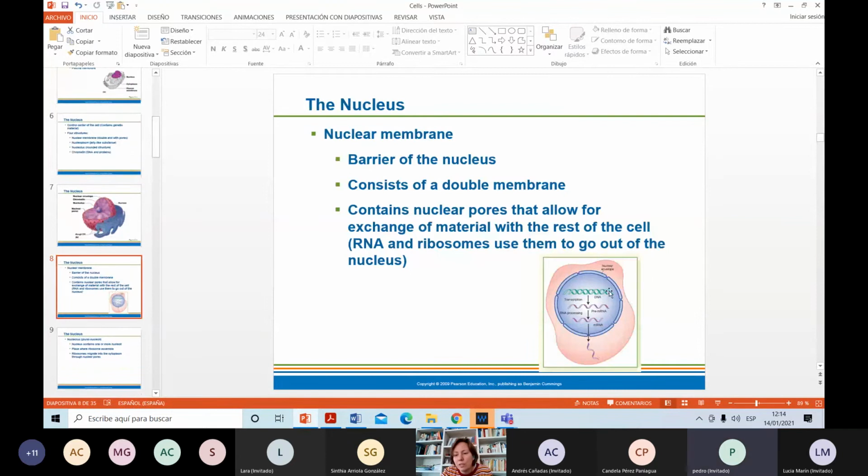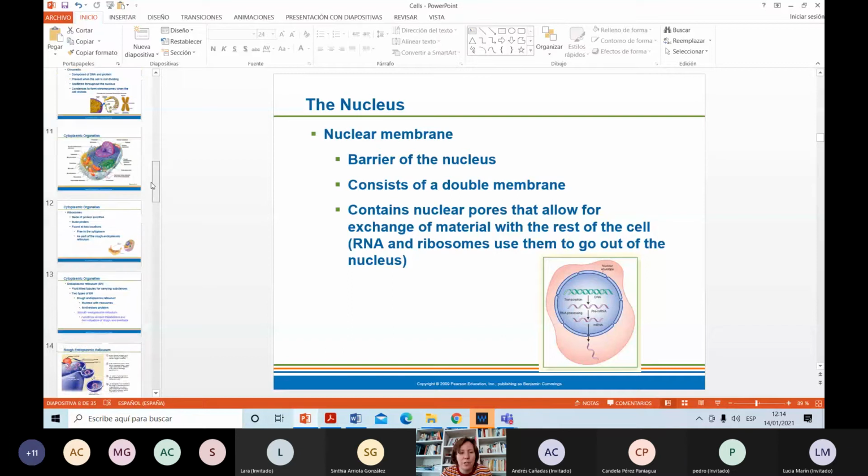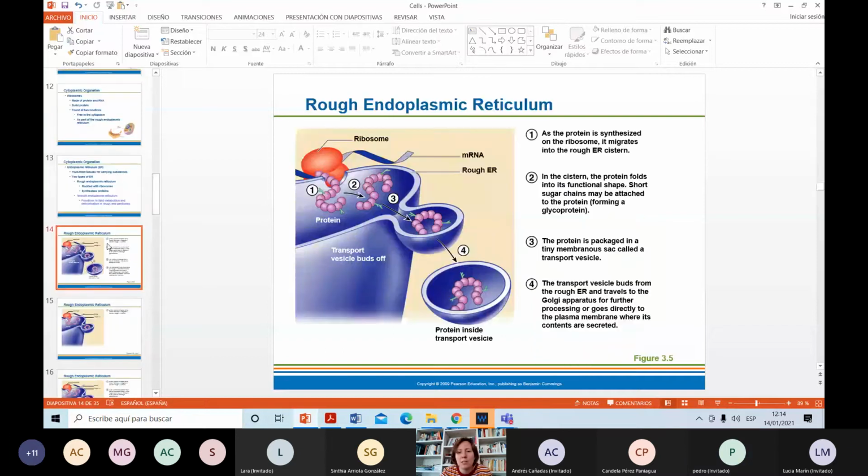In the nucleus, using DNA, the copy is the messenger RNA that goes out of the nucleus through the nuclear pore. So this messenger RNA comes from the nucleus, and it gets into the